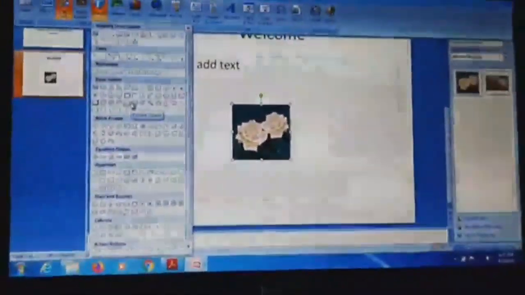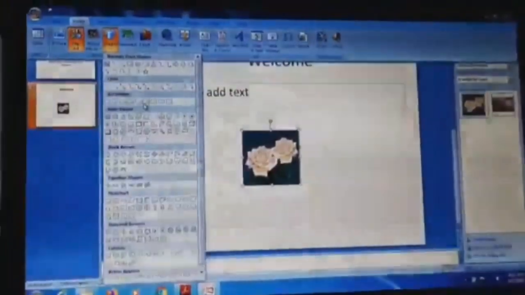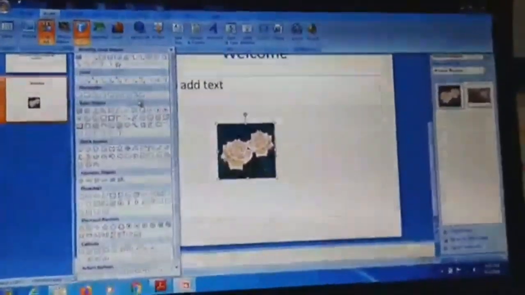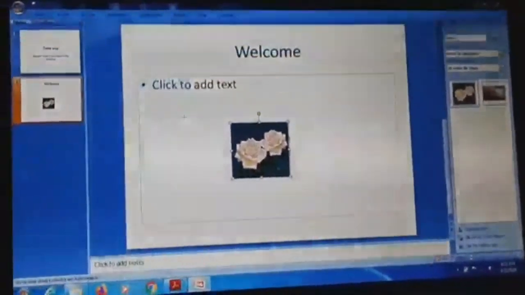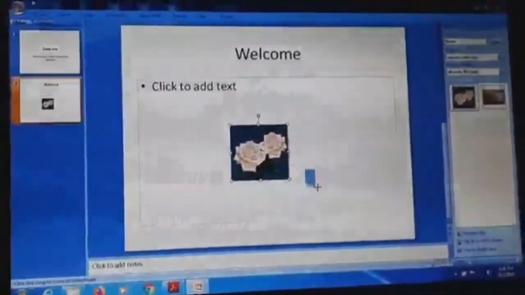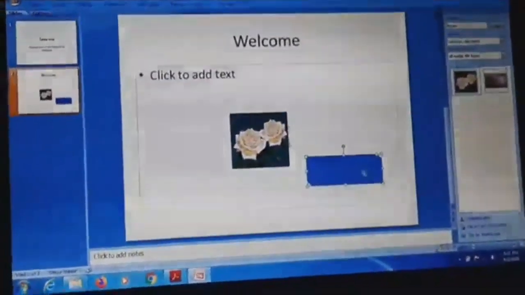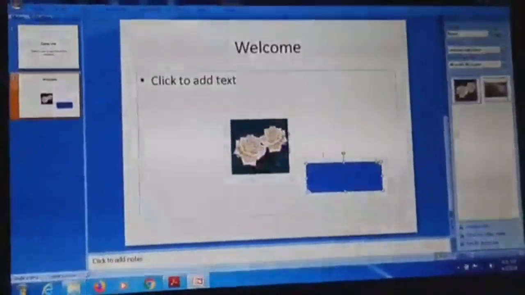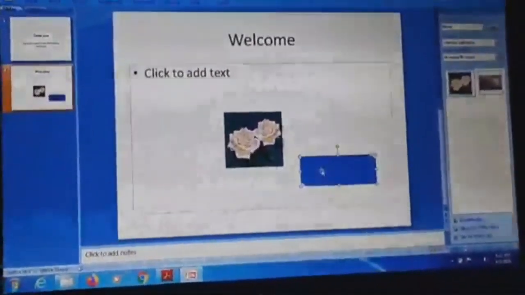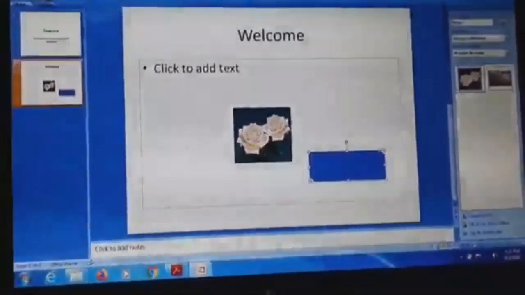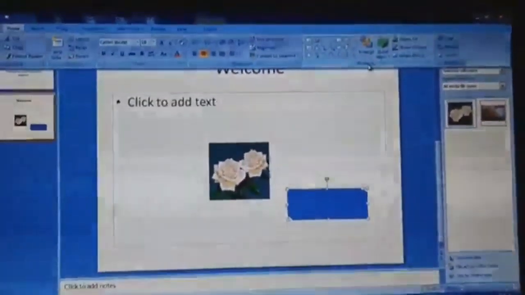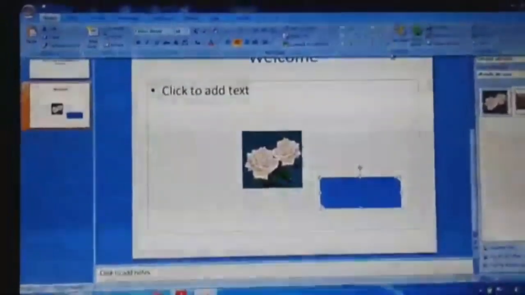Next is shapes. Shapes is basically used to make your slides more attractive. Fine. Suppose I want to make a slogan to a particular picture. So I have to make it like this. And if you want to enter some text over here, then that is possible by this option. That option is available on the home tab, drawing group.